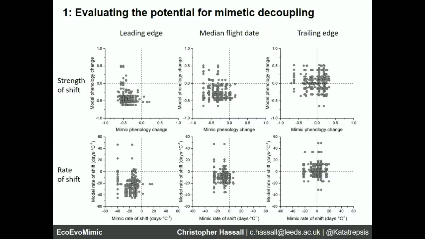At the top we have this Pearson correlation between the flight date and temperature, and on the bottom we have the correlation between the actual numbers of days shifted and temperature. So it's a rate of shift in days per degree change. I want you to take two things away from this, one of which I'll talk about and one of which I won't. The first is that there's a big difference between the different phases of the flight period, that we get a very strong relationship in both groups at the leading edge of the flight period, which decays towards the end.